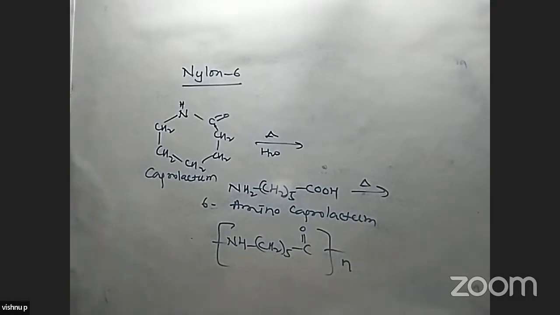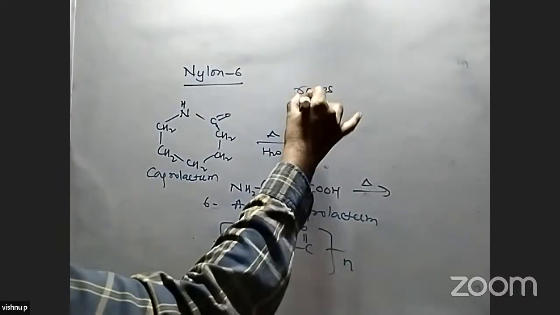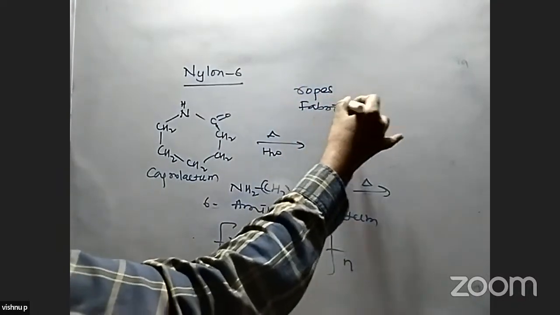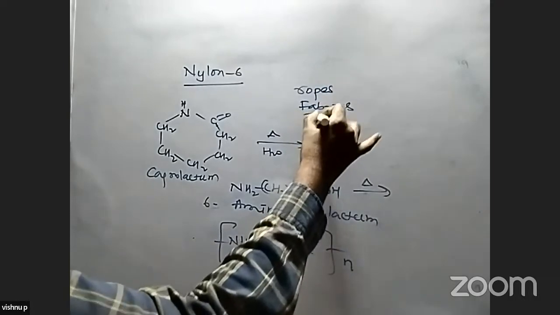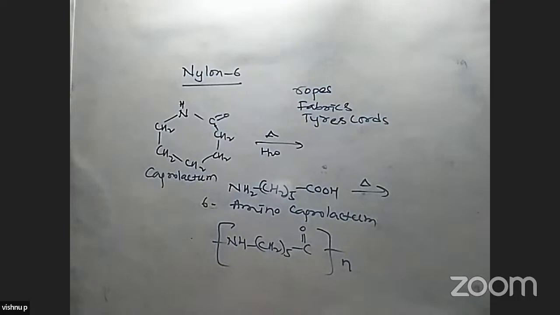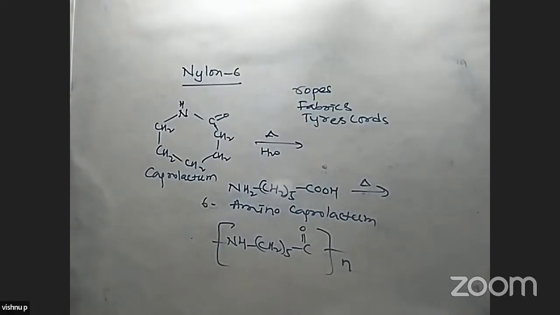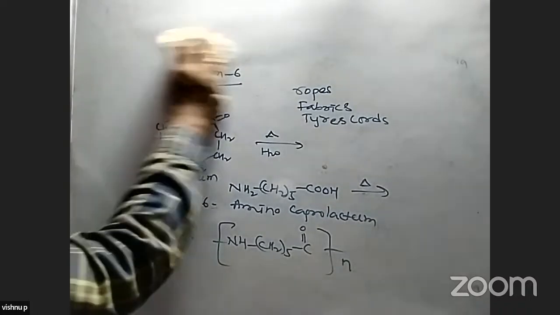So what is the important use of this nylon 6? It is mainly used in ropes, fabrics, and also in tyre cords. So this is nylon 6, and nylon 6 is an example of polyamides. Okay. And the next type of polymers are